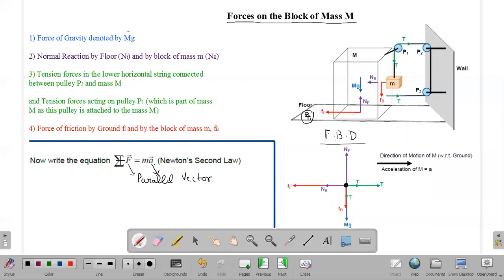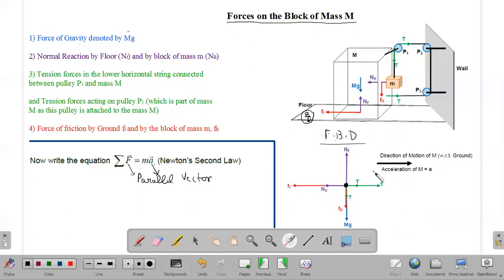So using this fact, now I'm going to write the equation from this: sigma F equals m into a. If I observe that, it is very obvious that the motion of capital M is towards the right side. For this observer who is standing on the floor, the inertial observer, it is very obvious that the capital M mass will move. The direction of motion should be to the right, and let us assume this acceleration to be small a.